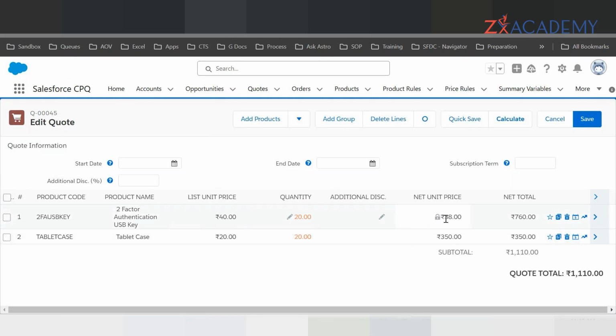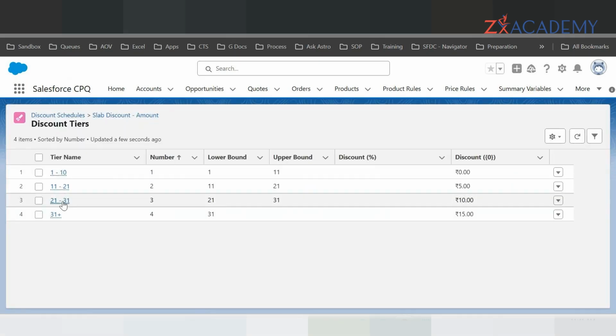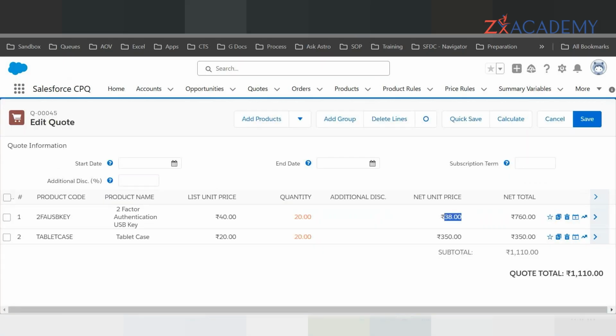The net unit price comes to 38. 5% of 40 would be 2. So they have applied the price over here. Now if you see 20 and over here 20, so 20 falls over here. So 1 to 10, there will be no discount. On 10 to 20, they will be discounted for 5. So if I go back onto my code,